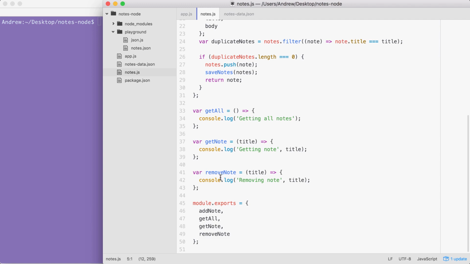The first step in the process is going to be to fill out remove note, and this is going to be your challenge. Let's go ahead and remove console.log. You only need to write 3 lines of code to get this done. Now, the first line is going to be to fetch the notes. I'll leave a little comment for each line. Then the job is going to be to filter out the notes. Filter notes, removing the one with title